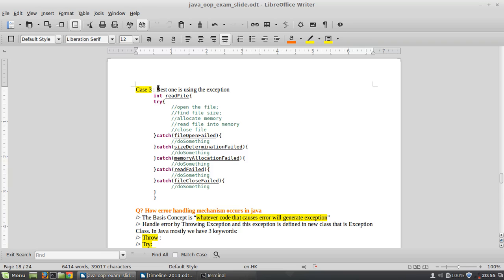Yeah, this is the best solution. The best solution can be this one. Okay, this error handling is done by throwing exceptions and generating exceptions. Now the solution with the exceptions is shown here, and what is done is inside the method